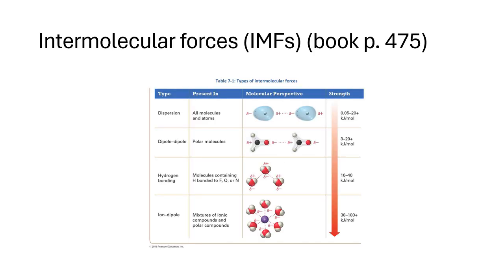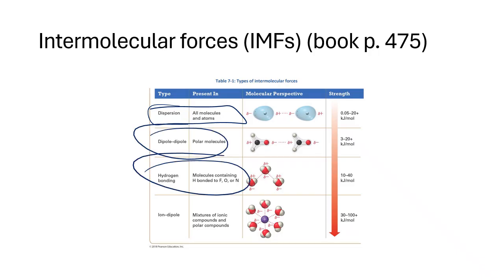So we said in the last slides that dispersion is the weakest, dipole is stronger, hydrogen bonding is strongest among molecular compounds, and then ion dipole is the highest. Dispersion only occurs between all molecules, but if you are nonpolar, that's it. Polar compounds will have dipole, and then polar compounds with a hydrogen and a NOF,